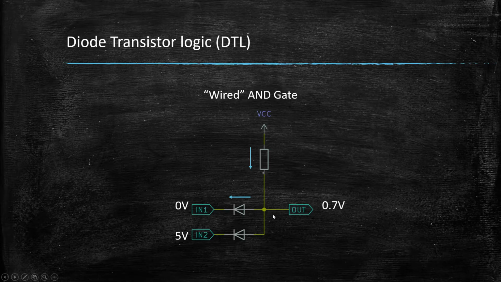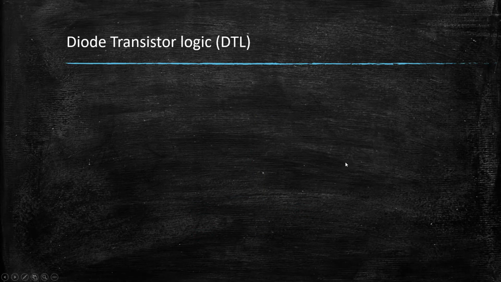And if you cascade diodes one after another here, at a certain point, you will be at a point where you don't have any voltage difference anymore. Nothing can flow through the diodes. So that's a problem. How do we fix that? Well, we can fix that with